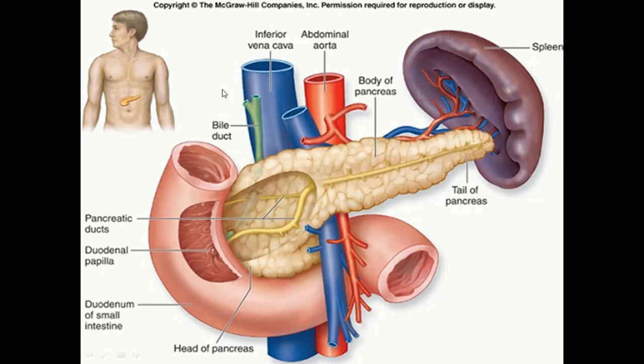So all along you find a green structure coming out from the liver, coming behind the pancreas, and then opening in the second part of the duodenum. This is the major duodenal papilla, which has the opening of the bile duct, while the minor duodenal papilla has the opening of the pancreatic duct. In the major duodenal papilla, the major pancreatic duct also joins and opens. The accessory pancreatic duct opens in the minor duodenal papilla. So these are the two openings through which the pancreatic secretions and the bile from the liver get excreted into the second part of the duodenum.